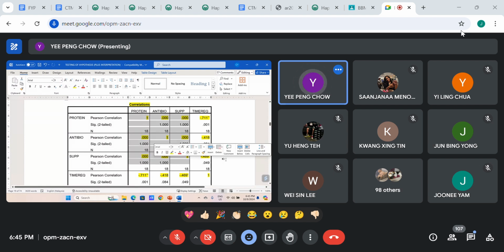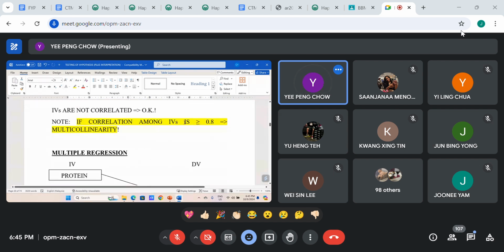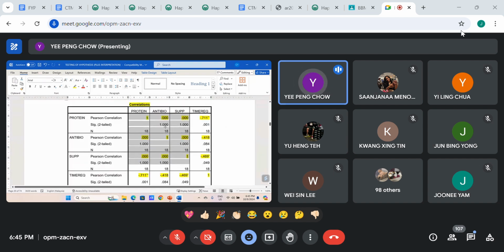All this, so I make sure the correlation coefficient, the guideline is, if it is more or equal to 0.8, then we got problem, multicollinearity. If less than 0.8, no multicollinearity. So again, you look at all the things highlighted here, the correlation, none of them